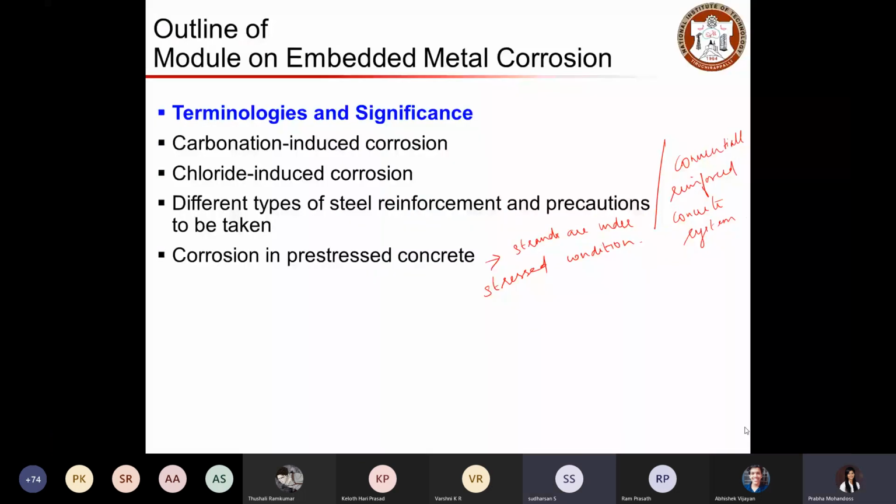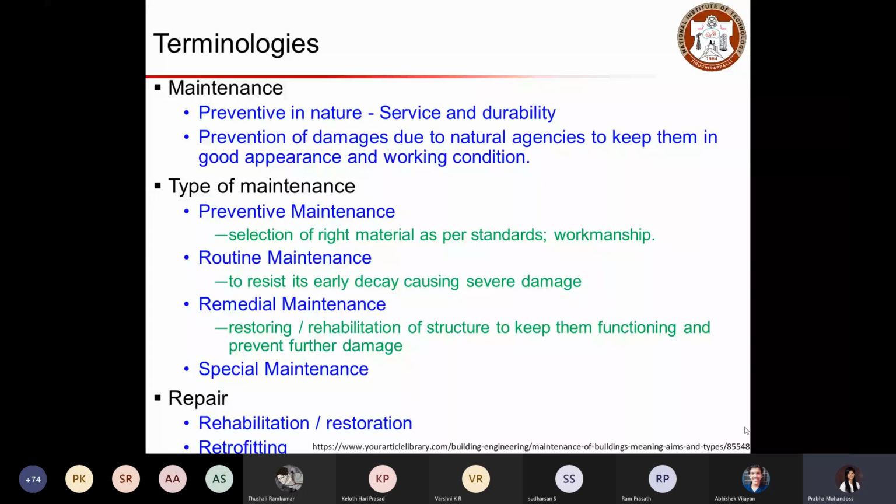Yeah. So in general, when we say maintenance, it's a preventive technique to ensure the serviceability and durability of the structure. Maintenance is a preventive technique to keep the service condition of the structure so that it will stay for a longer duration, so that you can ensure the durability of your structure.